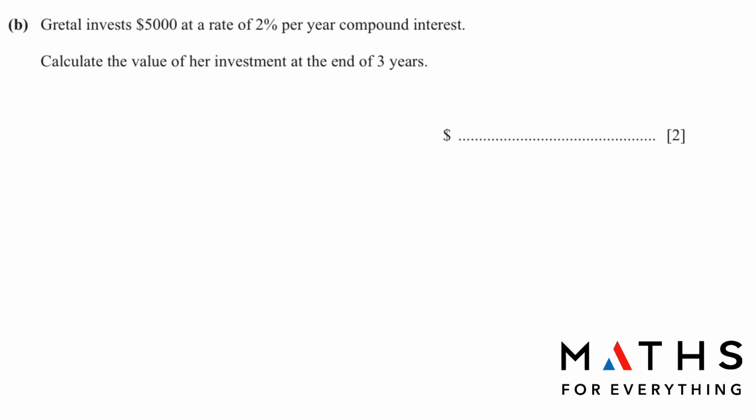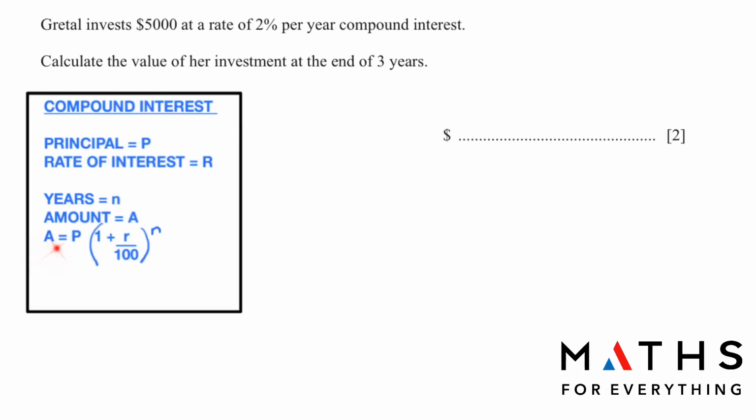Part B. Gretel invests $5,000 at a rate of 2% per year compound interest. Calculate the value of her investment at the end of 3 years. This is really a very easy question. You just need to know your formula,